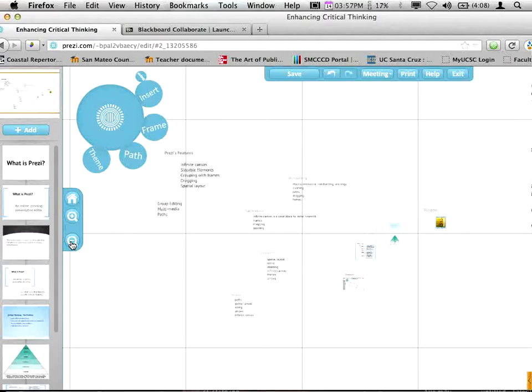However, when they use a Prezi to organize their information before they turn in an essay, I ask that they don't get rid of any of their notes. They keep all of their notes. So if they have information about a source, if they have quotes they've collected from a source that they haven't used, those are all off in the margins of their canvas. And then their outline for their paper, which is a very detailed outline, you can imagine when they've got all this data and evidence listed there, is in the center of their canvas.